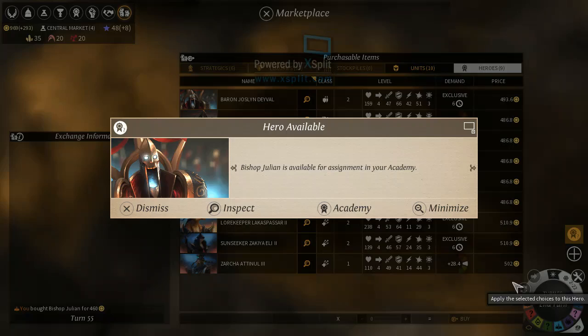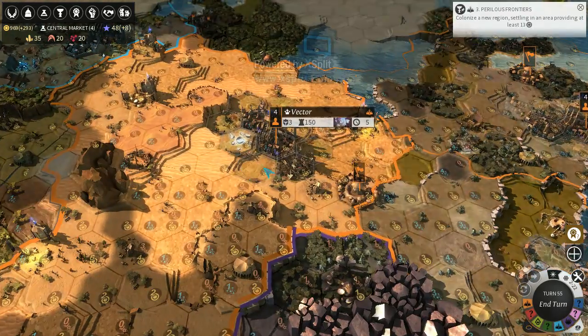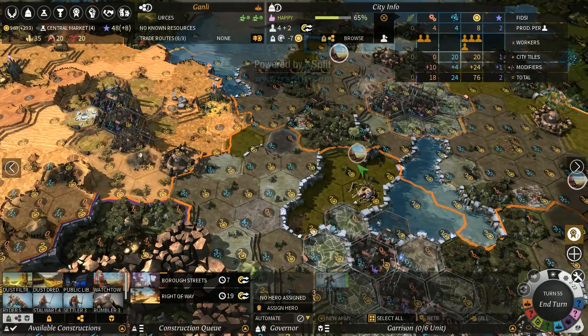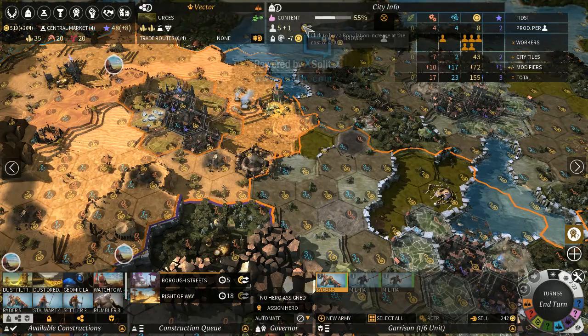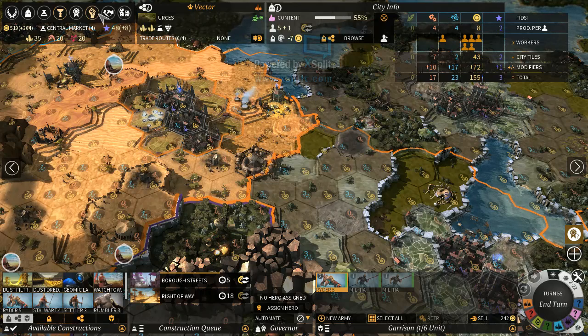And apply. You will be assigned to Vector, perhaps. This one has how much population? This one has 5 population. This one has 6. Odd. I would expect my capital to have the highest population, which means we're gonna buy another one here. And we'll assign you, sir,